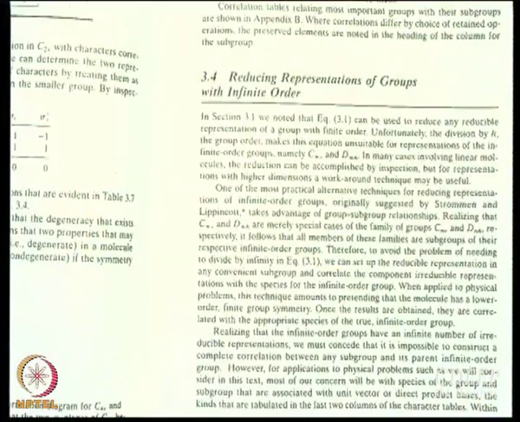So how do you reduce representations of groups of infinite order? What would be the first step? I want to bring some sanity into these infinite groups. What will I do? Which symmetry operation will I try to get rid of, or which symmetry element? Definitely C infinity, right? The moment you change C infinity to a smaller c, in place of an infinite group, I am going to have a finite group, right?